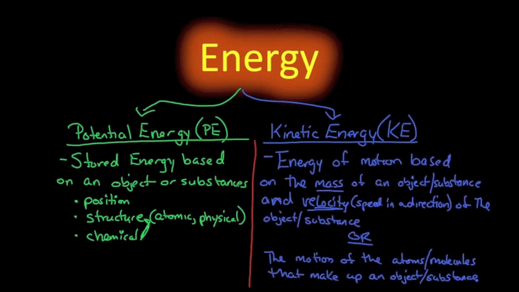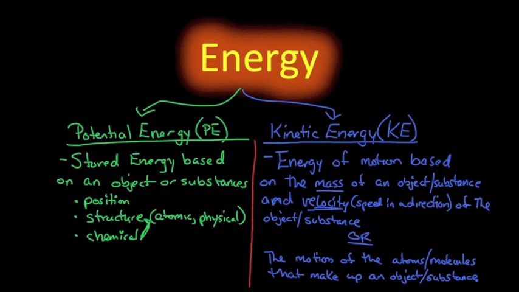Now, what does that mean? That means you can determine the kinetic energy of an object based on its mass and its velocity once it's in motion, it's moving. And some substances you may not even realize are moving, but any object or substance that exists has atoms and molecules. And while it may look like it's solid and sitting still, those molecules are vibrating in place based on the amount of energy they have in them. As they gain more energy, those molecules start to move faster and faster and faster. And that may cause a solid object to melt, and eventually turn into a gas. So the motion of the atoms and molecules are also a measure of kinetic energy.